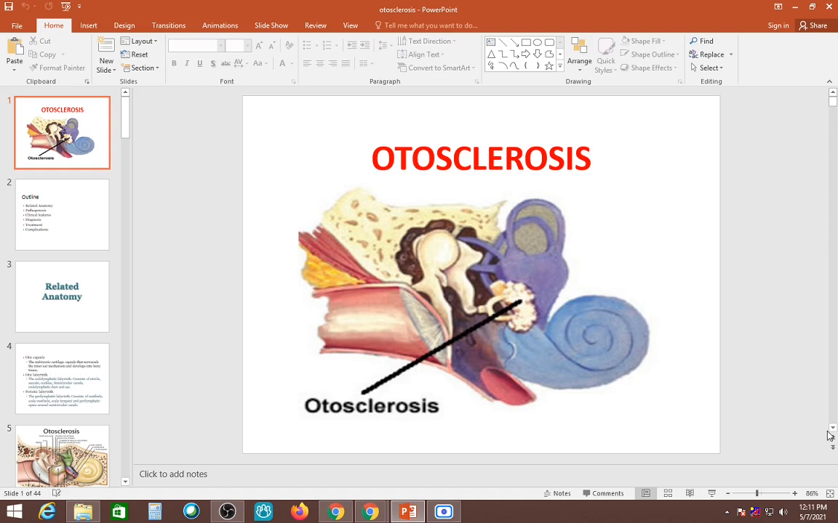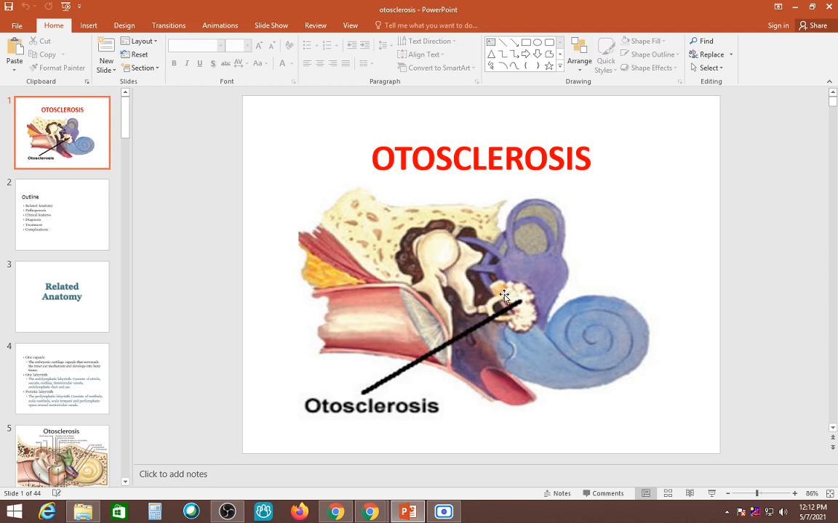Oto you already know; sclerosis means the bone. So what do you understand by otosclerosis? Can you see from the slide the black arrow here? This is the tympanic membrane. The tympanic membrane collects the sound wave through the air canal and it goes in through the eardrum, and the eardrum is protected by three bones that are called ossicles, and this is